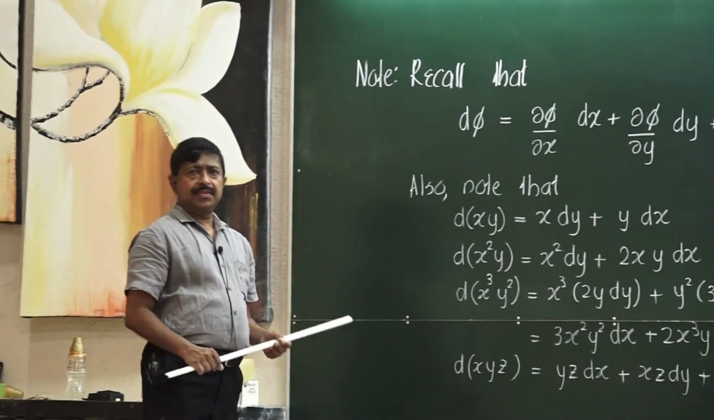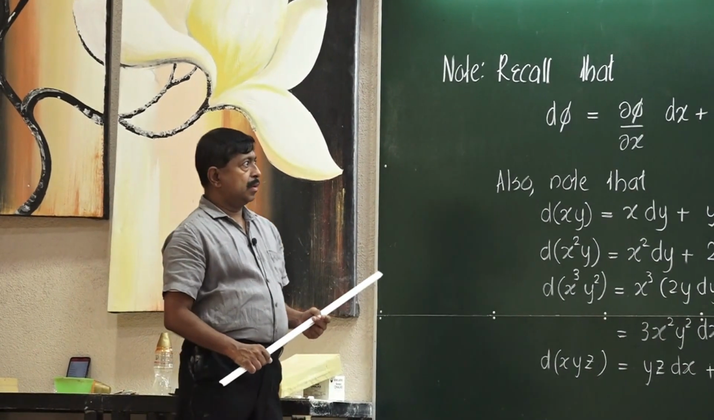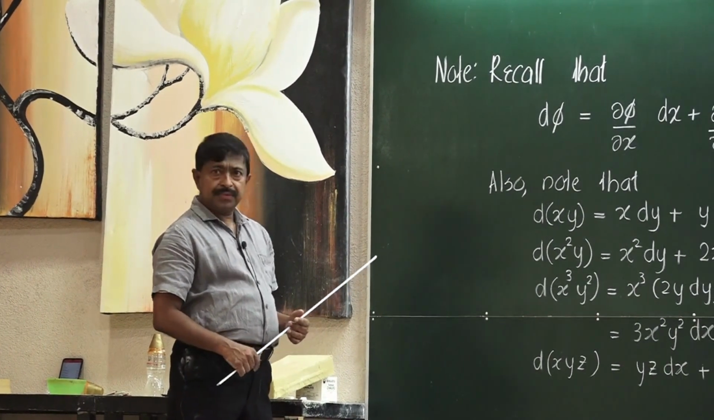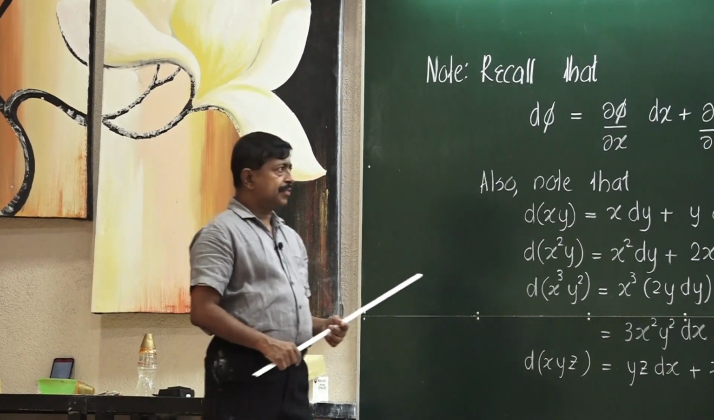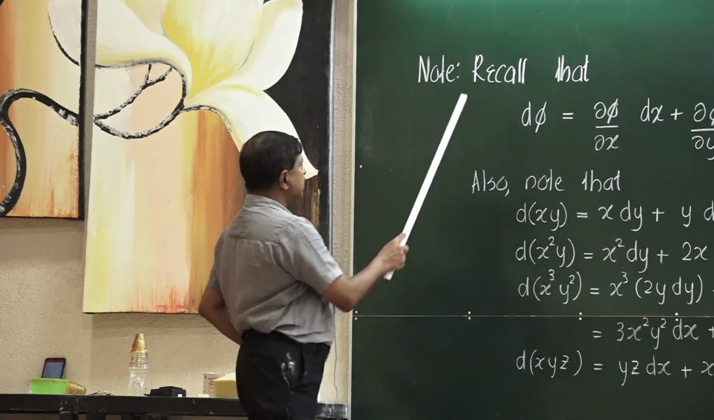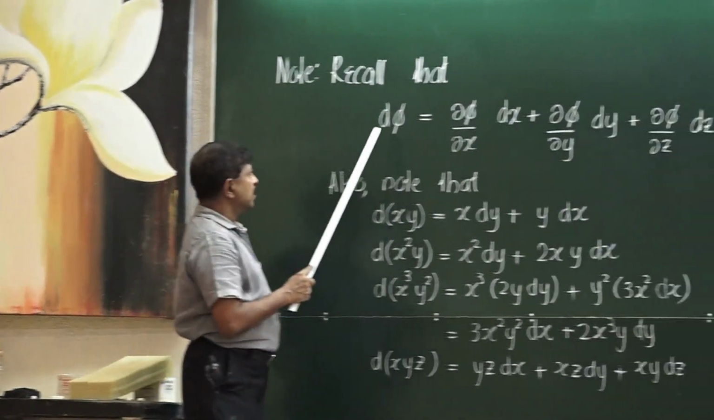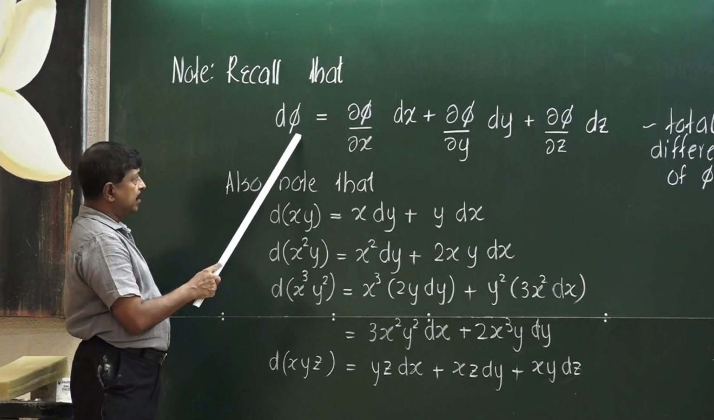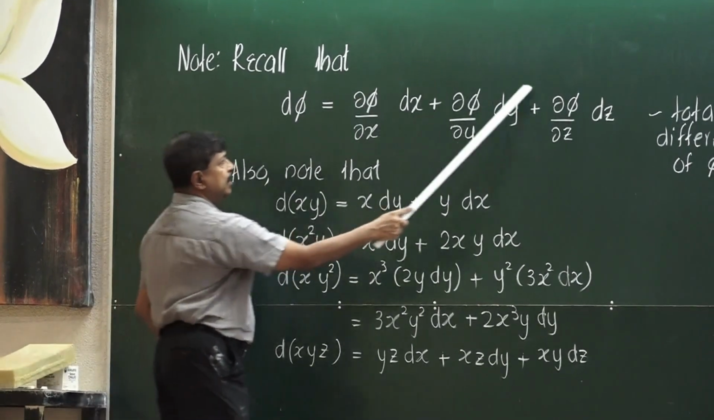Now, we will gather some tools from multivariable calculus to deal with the next problem. So, first recall that the total differential of phi, right, it is this one,